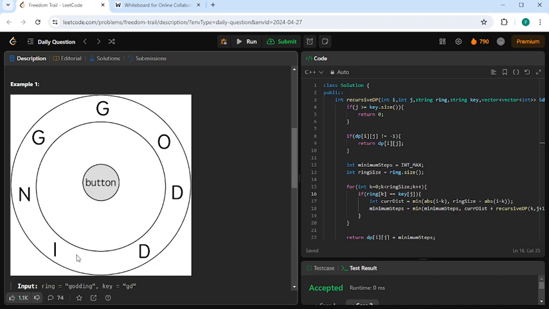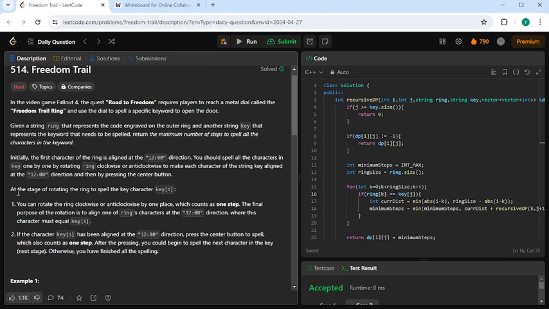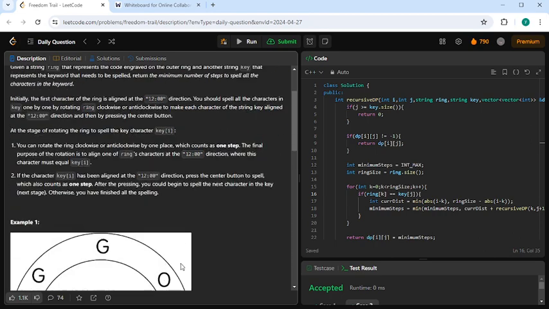So at the start our G is at 12 noon. Whenever we need to spell any character from that keyword, we need to move that particular character to this position to spell it, as they have mentioned here. You can read it.